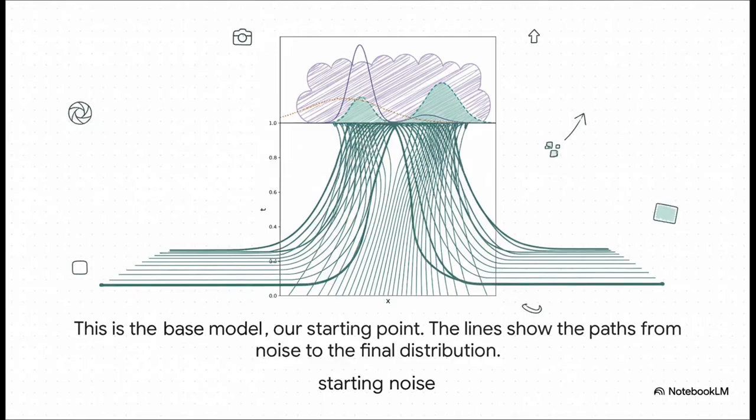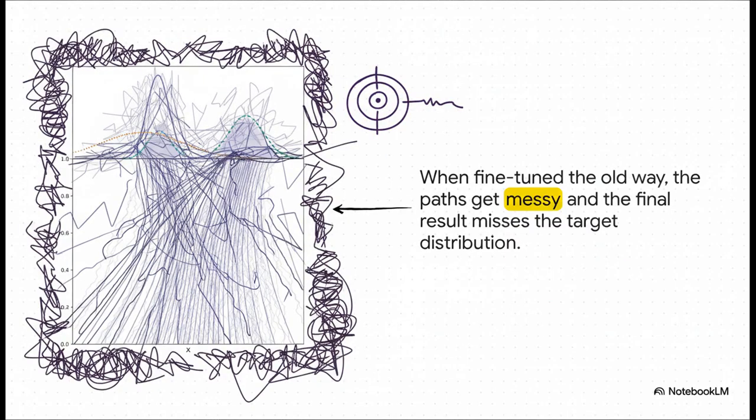Now, what's really cool is we can actually see this problem. What you're looking at here is the original AI model before any fine-tuning. Those lines at the bottom, that's the random noise starting point, and they flow upwards to create the final distribution of possible images at the top. But watch what happens when we try to fine-tune it using the standard methods. The whole thing just goes haywire. The paths get all tangled and chaotic, and the final result totally misses the target we were aiming for,